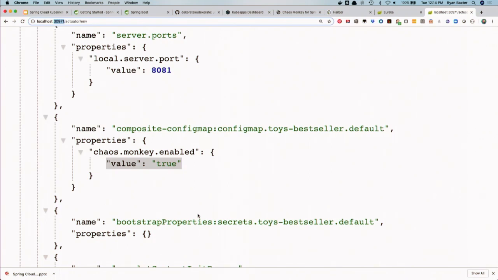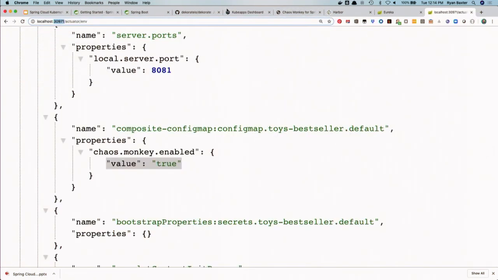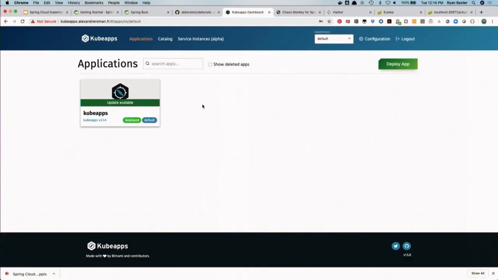OK. First of all, I want to add a database. So let me show you Kubeapps. What is Kubeapps? Kubeapps is an open source project from Bitnami, now VMware. This is a Helm dashboard that you can deploy on any Kubernetes cluster.